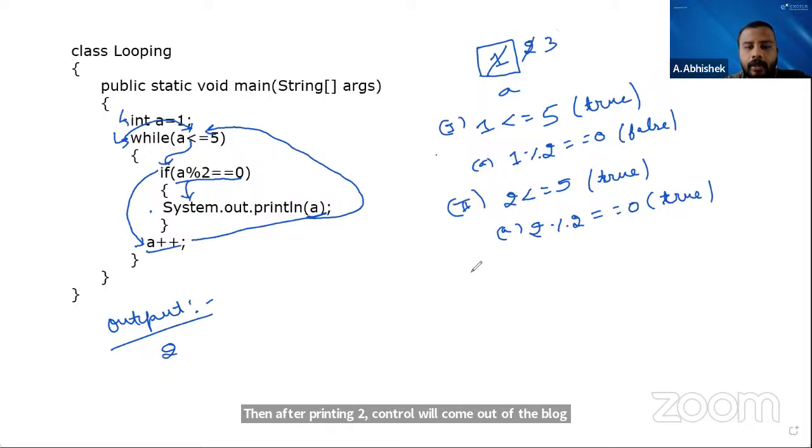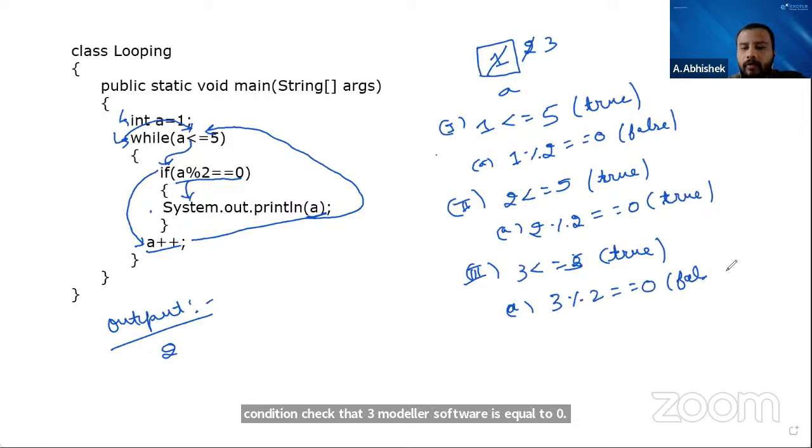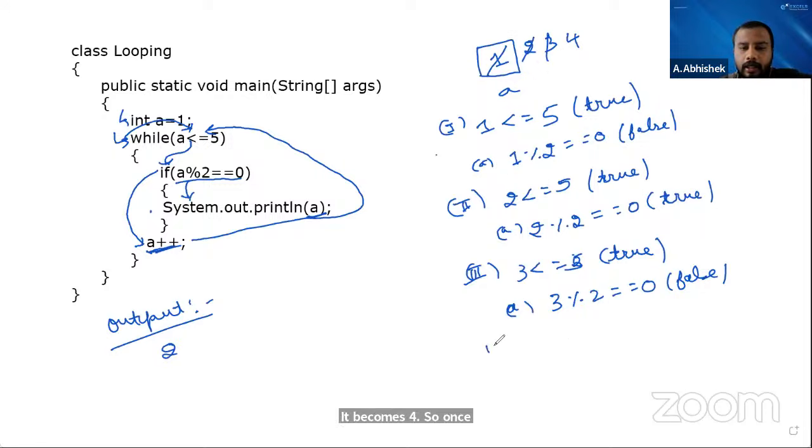So it becomes 3. So iteration number 3, 3 is less than or equal to 5. That is true. True means enter inside while loop. Inside while loop, I have an if block condition. Check whether 3 modulus of 2 is equal to 0. That is false. False means control will not enter inside if block. So directly update A plus plus. So it becomes 4. So once it becomes 4, again check the condition, iteration number 4, whether 4 is less